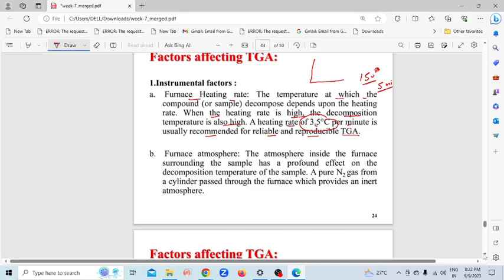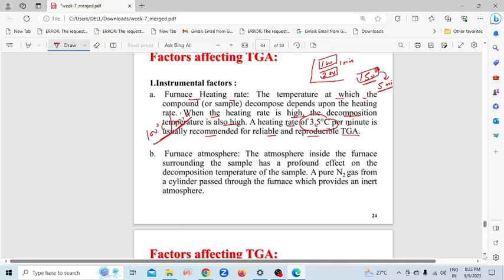But if your heating rate is very high, suppose it is 100 degree centigrade per minute. For example only, it is not possible generally, but I am just giving you one example. 100 degree centigrade per minute, so in 1 minute it will change 100 degrees. Suppose initially it was 100 and it will change to 200 in 1 minute only, but at 150 you need to stay for 5 minutes